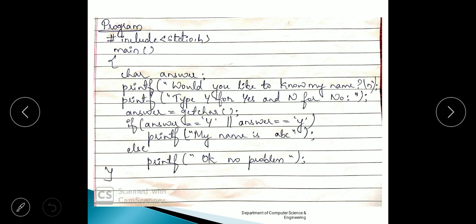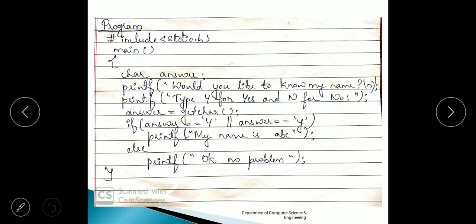That's why we have to compare both the answers. So answer equals capital Y or answer equals small y. In both cases, our program should print the name of the person, because the user wants to know his name, right? That's why the output will be displayed as my name is ABC or some XYZ.